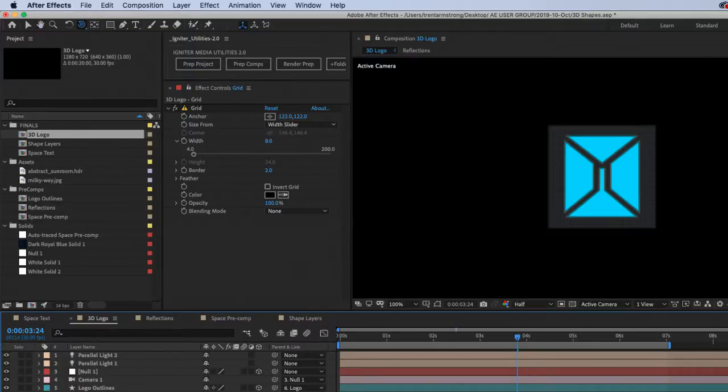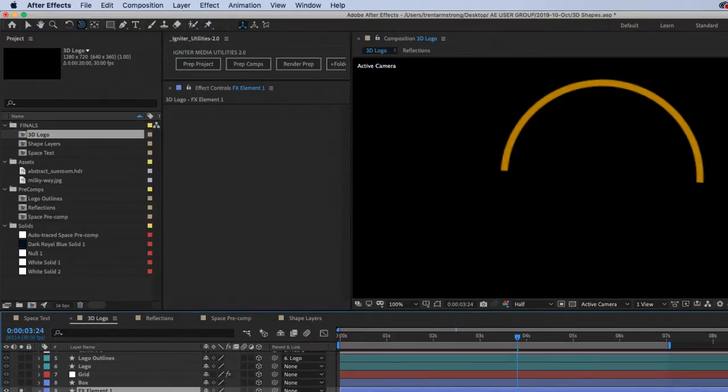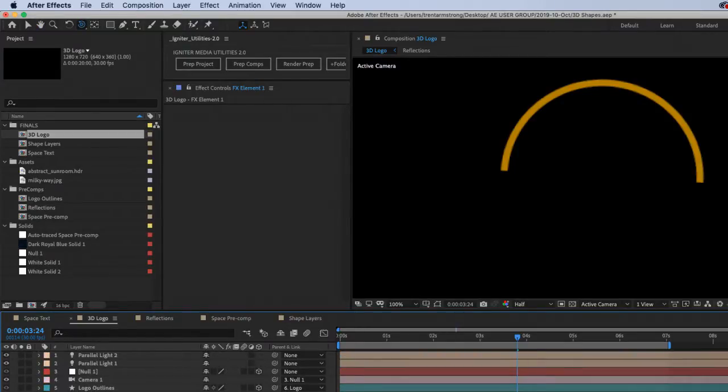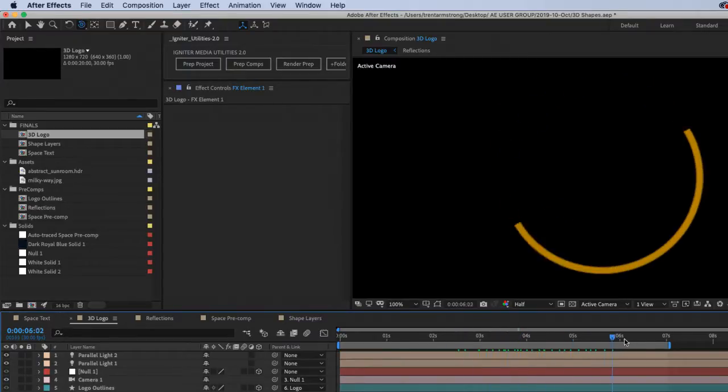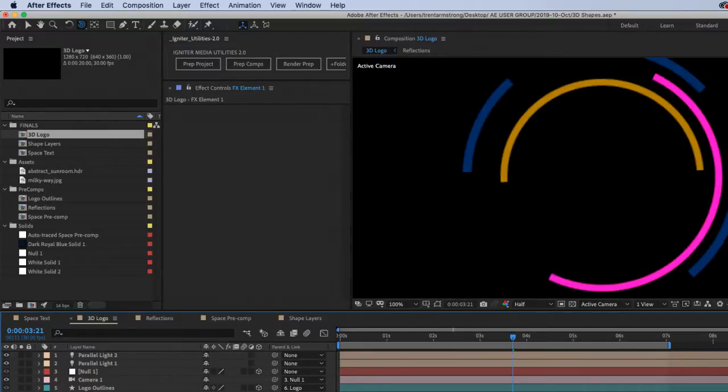And then I have some elements like this, where I've used trim paths on an ellipse. And I just have a little bit of an expression, you've seen that before, to make this guy twirl around. Now a couple more of those.